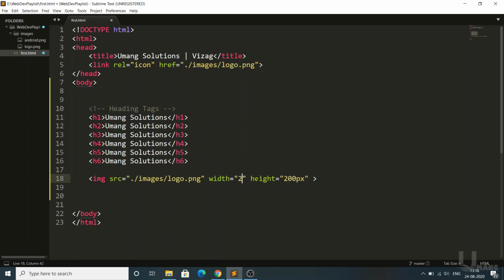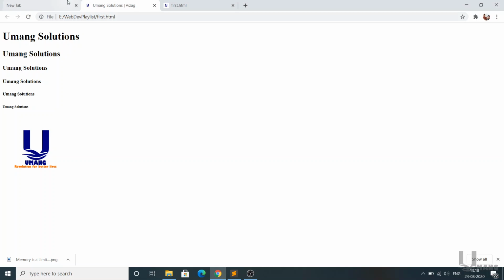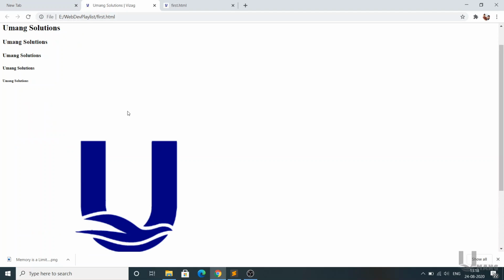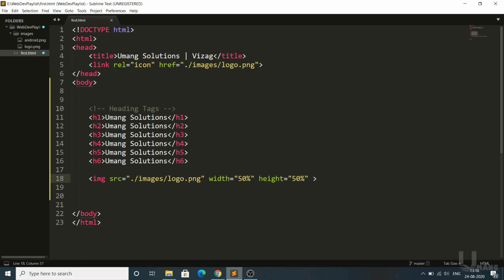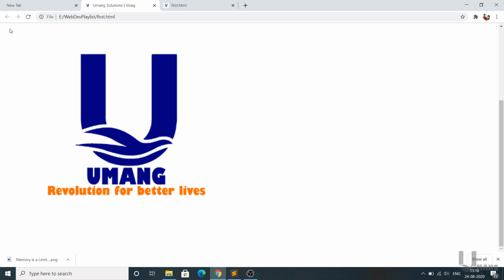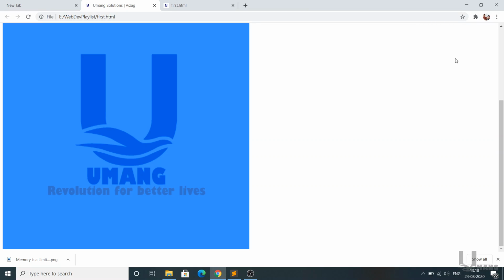For example, there is another option also, like 50%. And what is the difference between using percentage and pixels? Both are the same, guys, but the difference is this. For example, you can see here 50%. I have given width equal to 50%, height equal to 50%. 50% is relative to the parent, say this is the body tag, right?